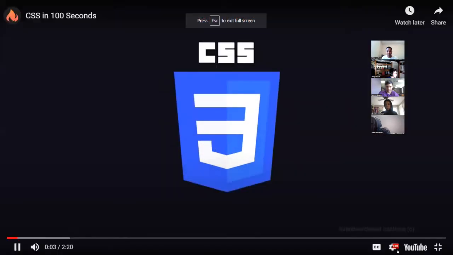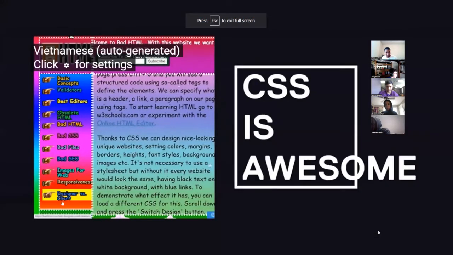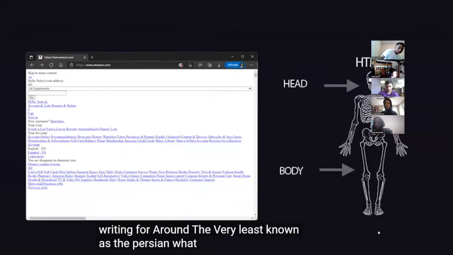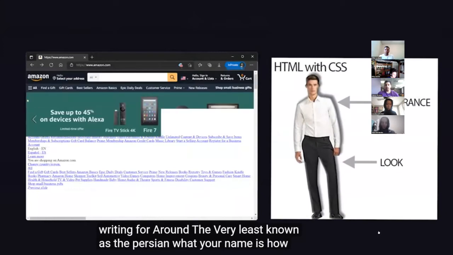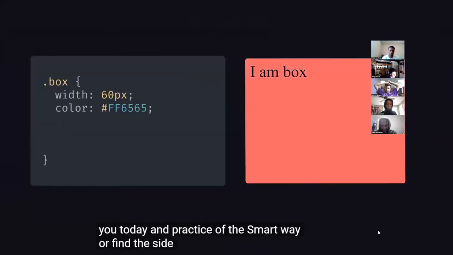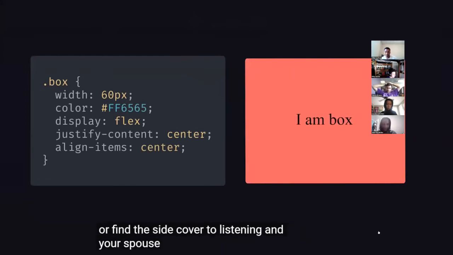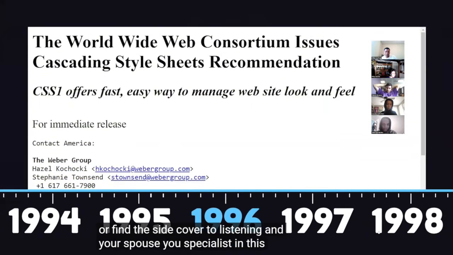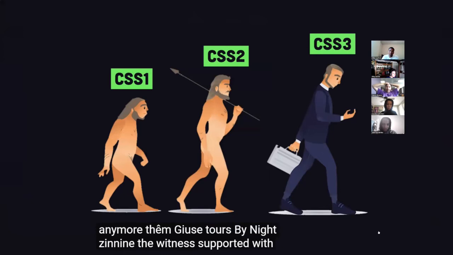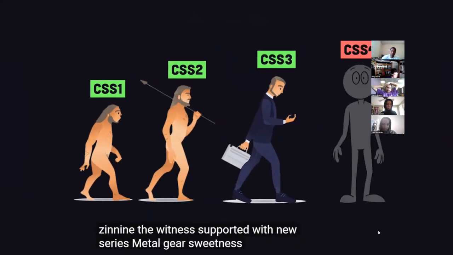CSS is a style sheet language famous for making websites look pretty. By default, a browser will render HTML as a boring black and white document. CSS allows you to describe the presentation of this markup by modifying the size, color, positioning, and layout of HTML elements. It was first released in 1996 and evolved into CSS3 by 1999. The language continues to evolve to this day with new features, but there will never be a CSS4, just updates